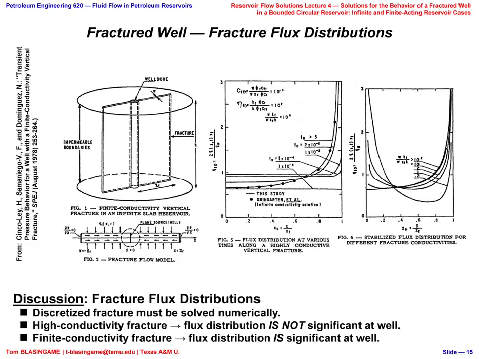I threw this in so that you'll understand what Cinco and Samaniego understood about this problem, is that you had to look at the flux distributions in the fracture. They generated these flux distributions, and they're showing the infinite conductivity solution here, and they're showing their study, and you can see the infinite conductivity solution. I'm trying to pick the point where it intersects. I think it's here at 1. Yeah, let me draw a line, sorry. So at 1,